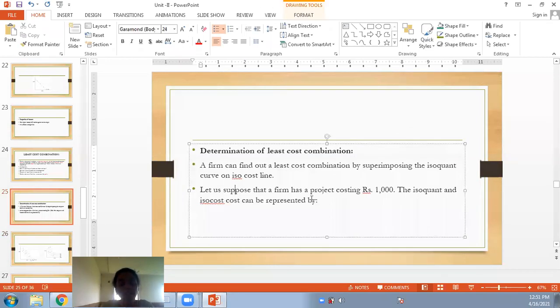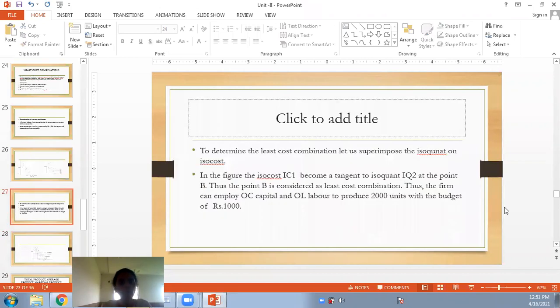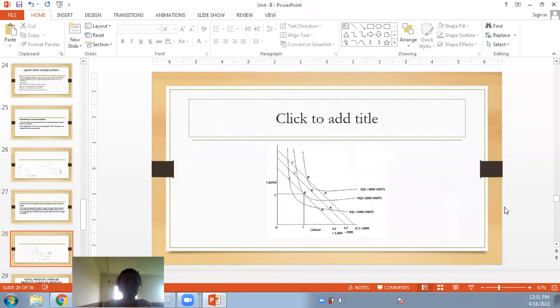Let us suppose that a firm has a project costing 1000 and the iso-quant and iso-cost are represented as below. The budget of that iso-cost is 1000 rupees and we have an iso-quant accordingly. Now see here, these are the iso-quant curves and these are iso-cost curves. When we superimpose the iso-cost curves on iso-quant, see, this is the same diagram that we had taken previously. Here we have taken different iso-costs, here we have taken different iso-quants. Now, by using this, we will be able to find the point